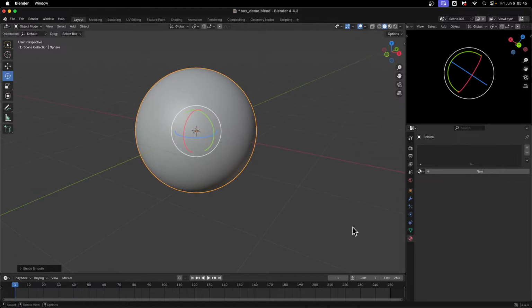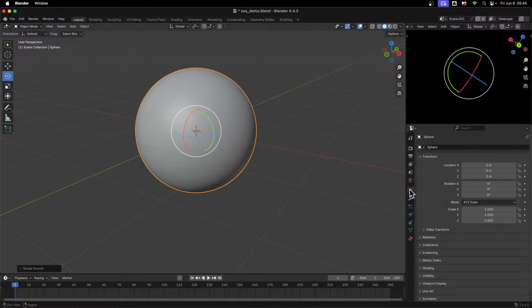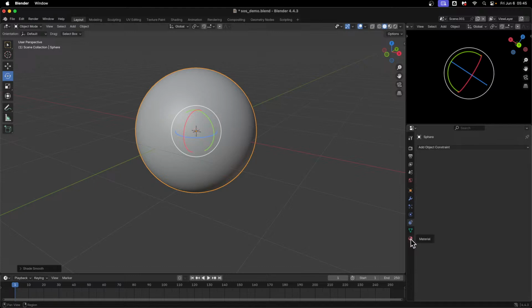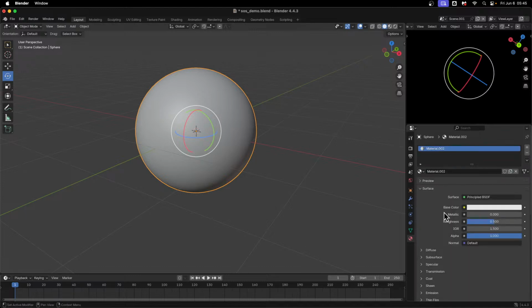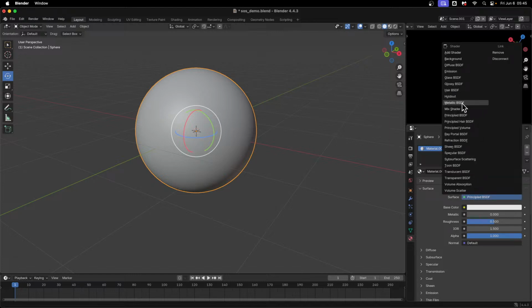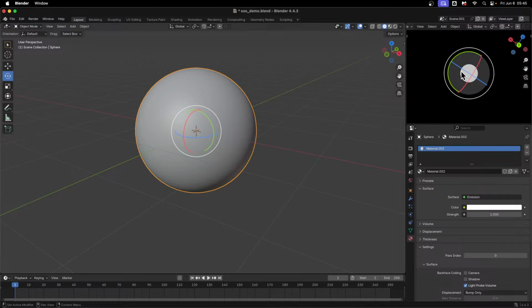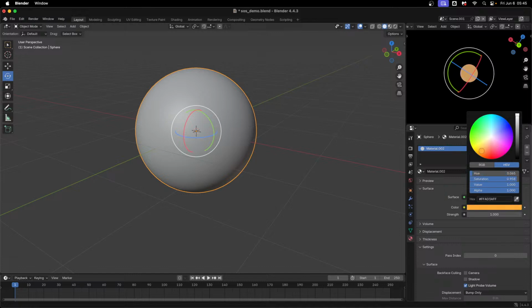And now we go over to the material settings. That's this red ball. Click on new, making a new material, and we're going to change principled to emission. And then to change the color of it, you can